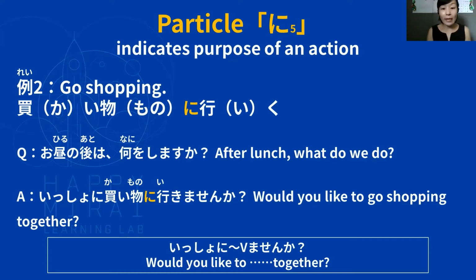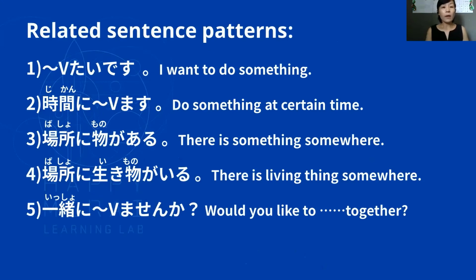Yeah, 一緒に何々 with ませんか? So you can refer to the sentence back there or over here. Yeah. So this is a very gentle, nice way to invite your friends to do something with you. Yeah. 一緒に means together. 一緒に何々ませんか? A very nice, gentle way to ask someone to do something with you. Okay? いいですか? はい。